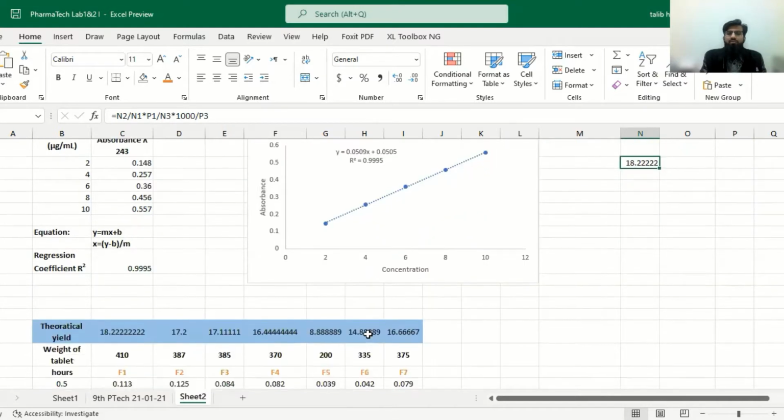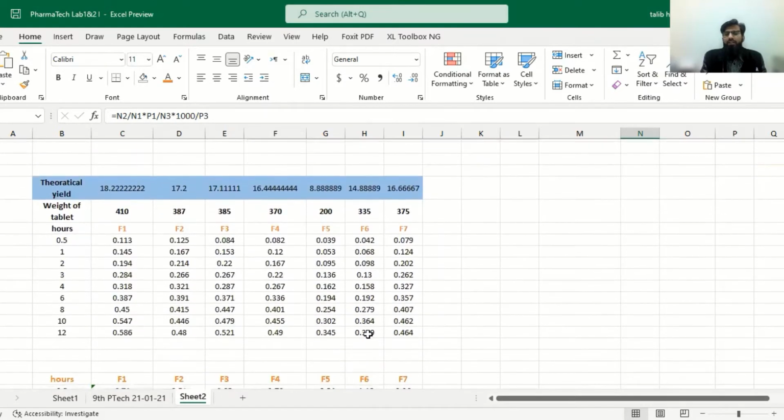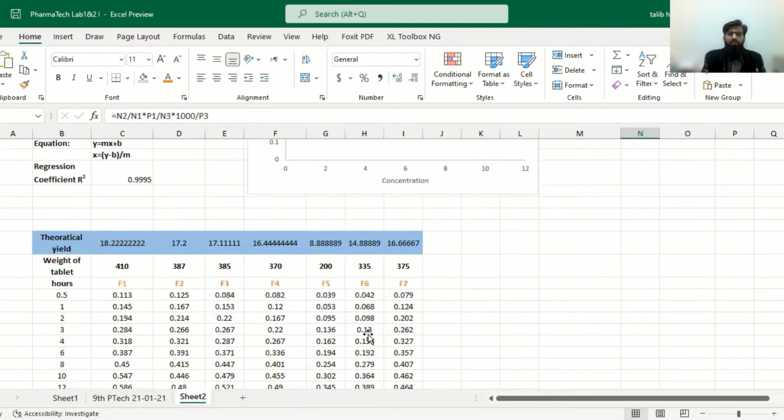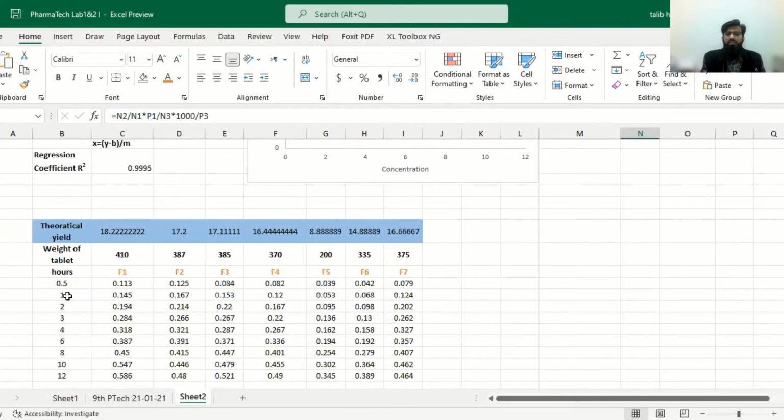The same theoretical yield for different tablets can be calculated. For example, we analyzed them in a dissolution apparatus, and after dissolution we got samples at various time intervals: 30 minutes, 1 hour, 2 hours, 3 hours, 4 hours, 6 hours, 8 hours, 10 hours, and 12 hours.